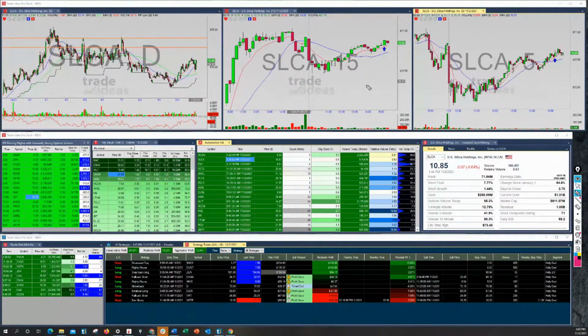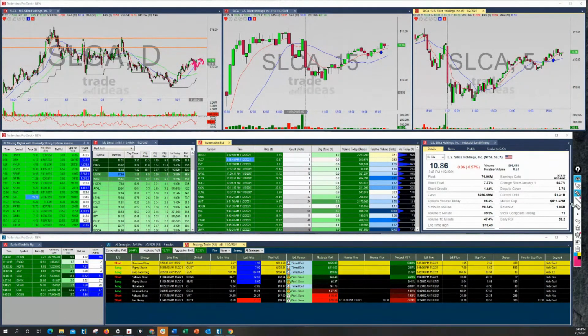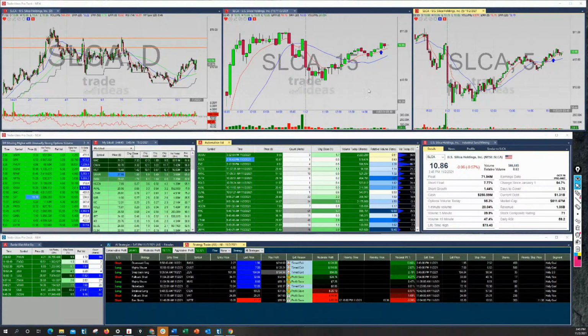Of course, it's almost right back to what my entry was, but it is what it is. I got stopped out on this down candle here the other day, and then it made a move up, and then earnings happened, and all this nonsense. But materials is something I've been watching. You've got whatever bills are going to get passed. Like I said, I really try not to pay attention to any of that stuff.